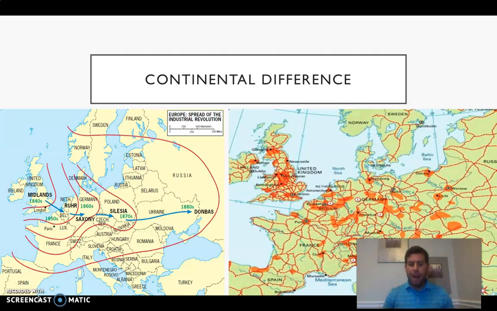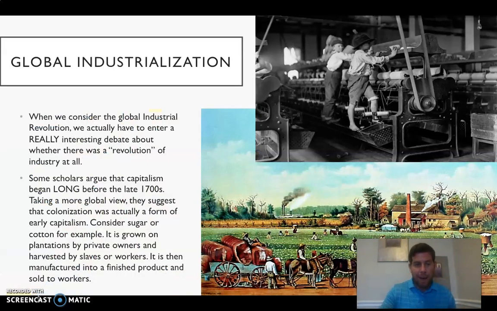But you'll notice from this map that industrialization is not evenly spread throughout Europe. The most portions by percentage of Great Britain are industrialized, but only small fragments of France are going to industrialize, a little bit more than France and Germany. Industrialization in Europe also came in waves. It wasn't until 40 years after the Industrial Revolution was complete in Great Britain that any part of Russia began to industrialize. And so that's kind of fascinating to think about.